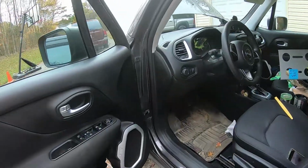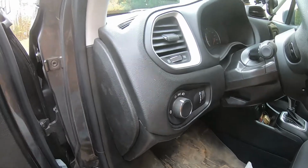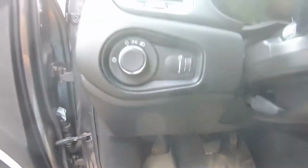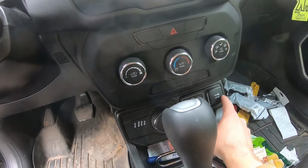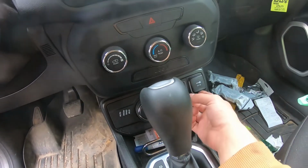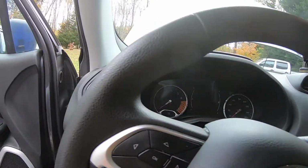Alright guys, so here we are, a 2018 Jeep Renegade, and I'm going to be replacing a fuse which is actually located underneath the dash. So this is actually my work vehicle, so don't mind the mess here. I got to clean this up too, but I actually blew the fuse to my 12 volt, basically cigarette lighter area here. So in order to access that, I need to go underneath,